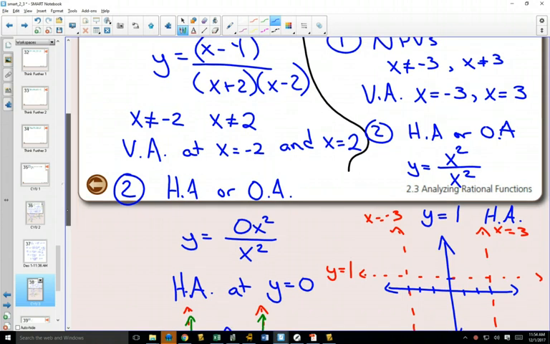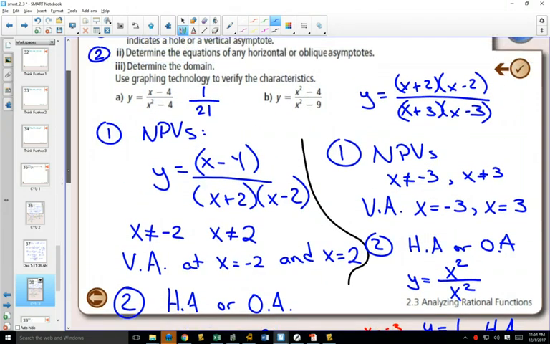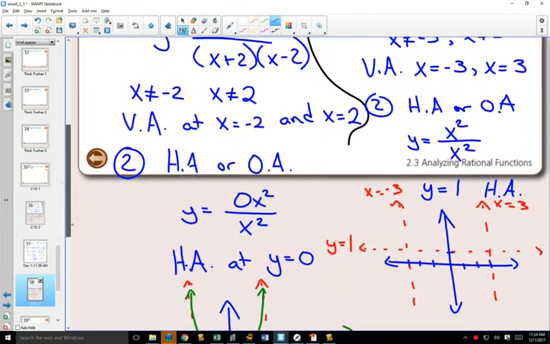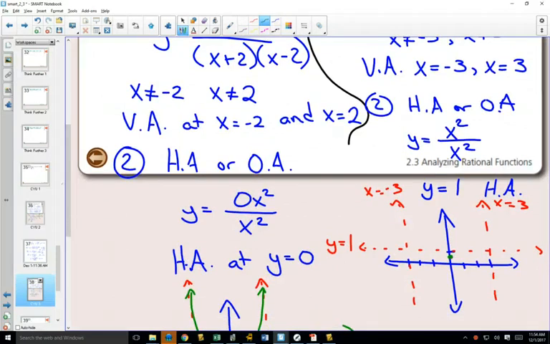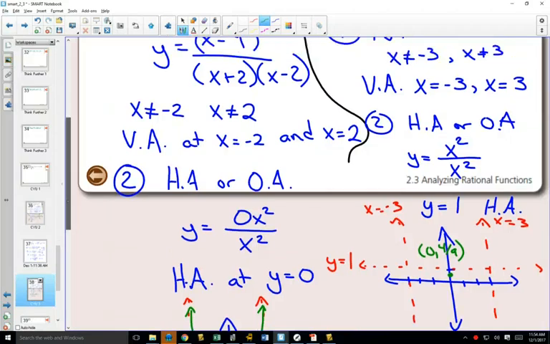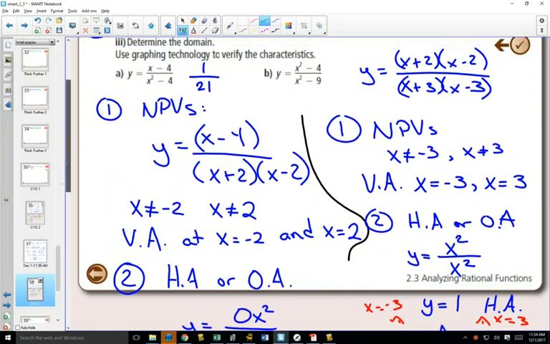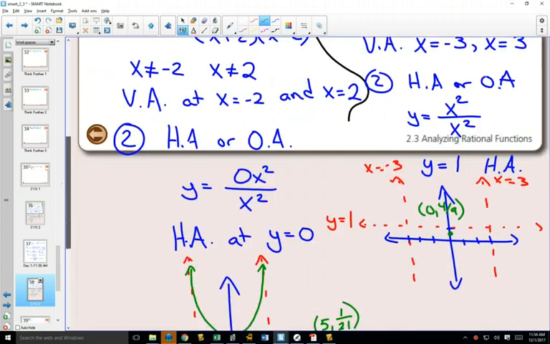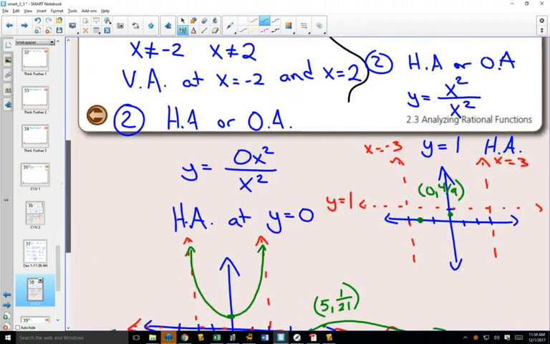If you want to find your y-intercept and you plug in 0 for x, can you see that you'll get 4/9? 0, 4/9 is your y-intercept. If you look at your factored form of your equation and you make y equals 0, the only place a fraction is equal to 0 is if your numerator is equal to 0. Our numerator is going to be equal to 0 at negative 2 and 2. So our middle section